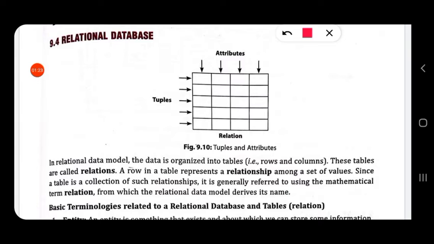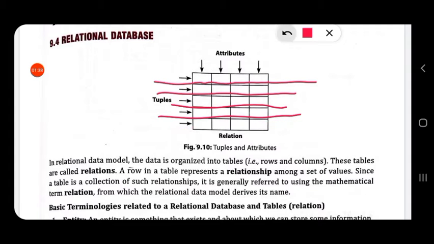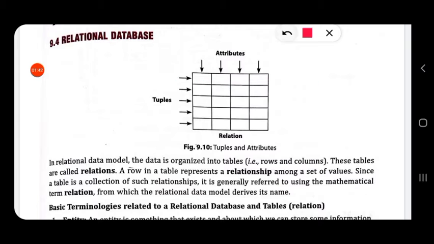A row in a table represents a relationship among a set of values. This is called a row. Second row, third row. So this horizontal collection of cells is called rows. A row is a relationship between a set of values.